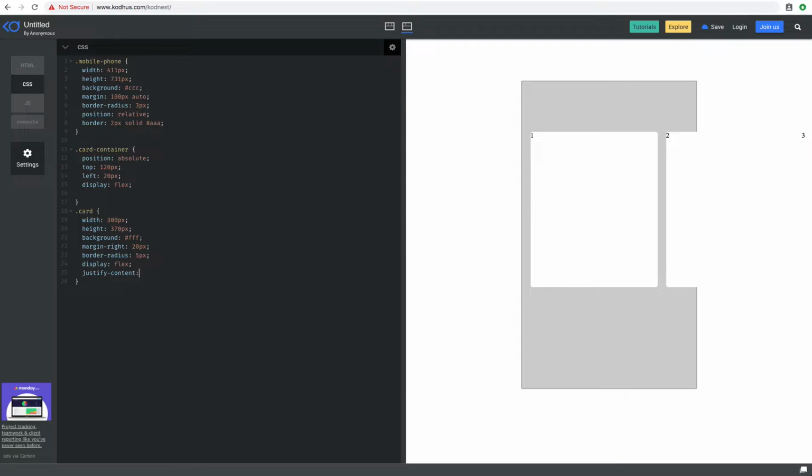I'm just going to use justify-content to be center, and to align them vertically, I'm going to choose align-items, and then I'll make that center as well. Now you can see that they are centered. You can see that it's outside the view of our mobile, so the only thing I need to do is set the overflow to be hidden. So now we have